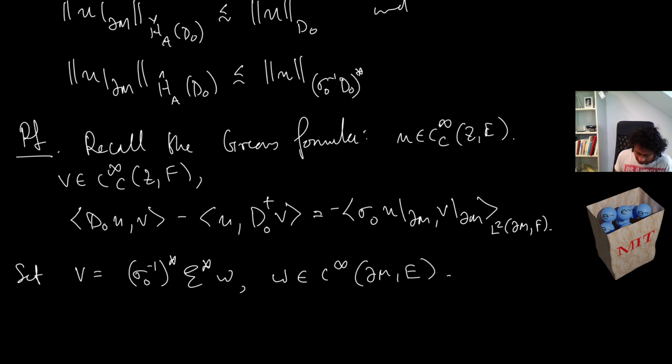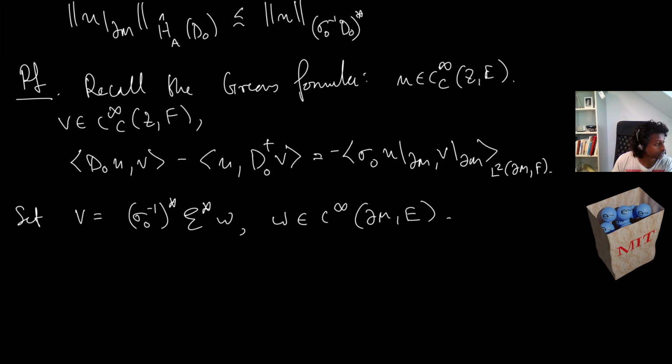So we take E and then the sigma naught inverse star takes us back to F. Okay, so now with the aid of this formula, we get sigma naught inverse star E star of w